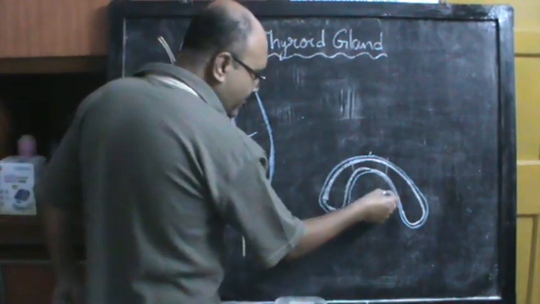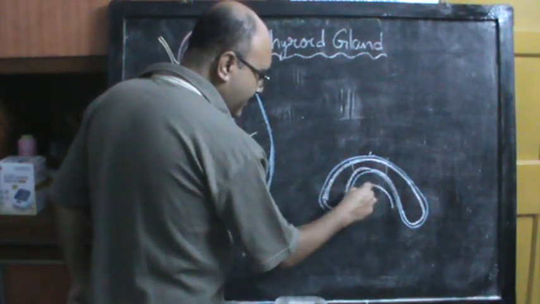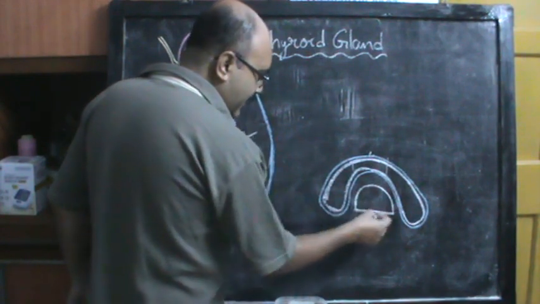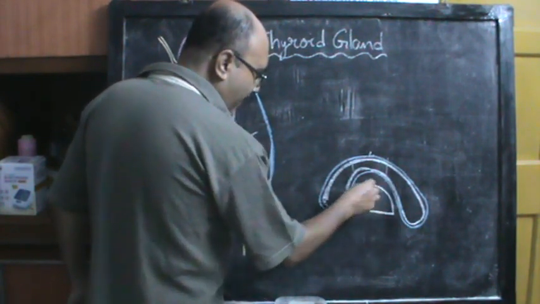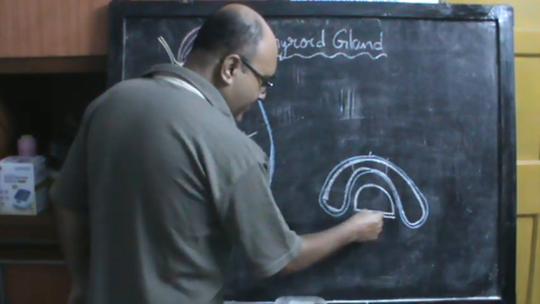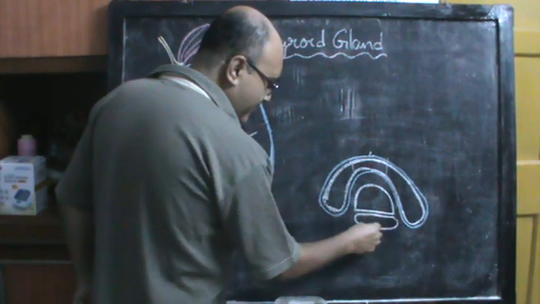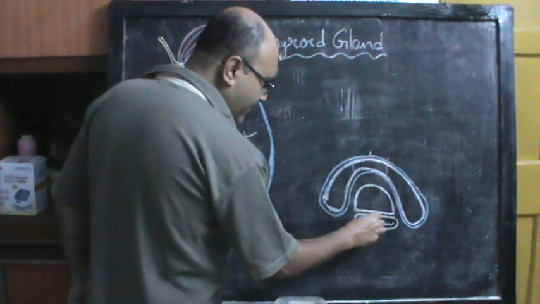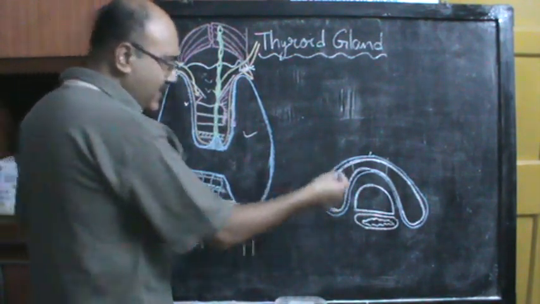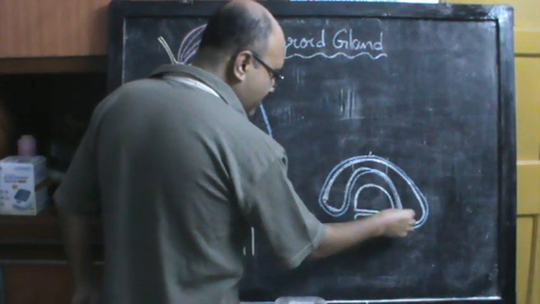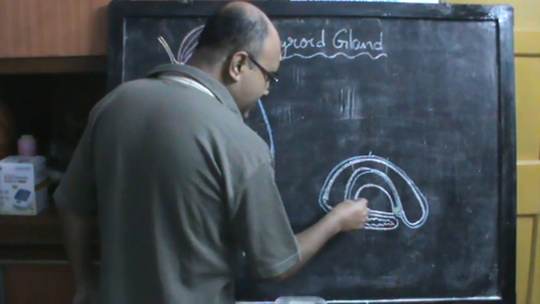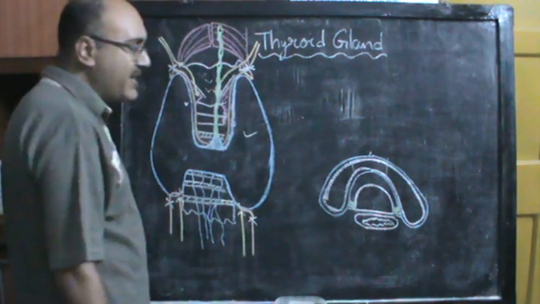Behind it, we are going to draw the trachea. So you have the D-shaped tracheal rings, the tracheal cartilage, and the flat part of the trachea, the fibromuscular part containing the trachealis muscle. Behind the trachea you have the esophagus, which is flattened anteroposteriorly, and you have a corrugated lumen of the esophagus. And although we have drawn the trachea here, slightly above the trachea you have the cricoid, and this capsule of the thyroid is attached to the cricoid cartilage by a fibrous structure called the ligament of Berry.